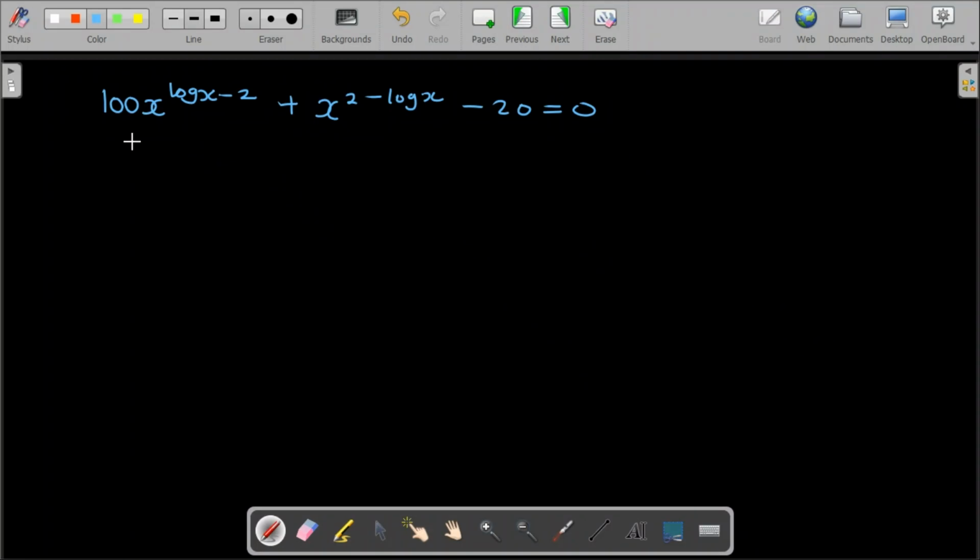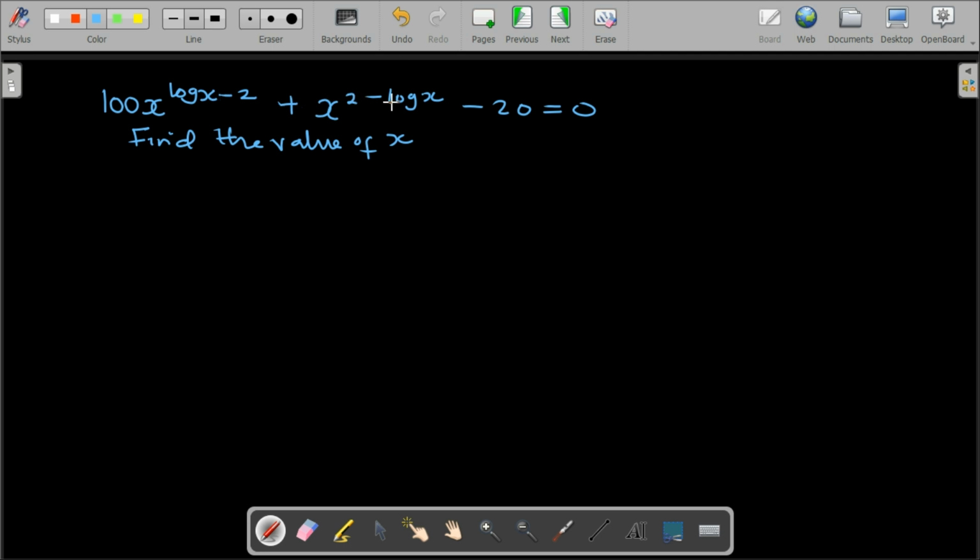So we have this interesting problem for us. 100x raised to the power logarithm of x minus 2 plus x to the power of 2 minus logarithm of x minus 20 equals to 0. And we want to find the value of x. Now, if you look closely, you will see that this expression, logarithm of x minus 2, is